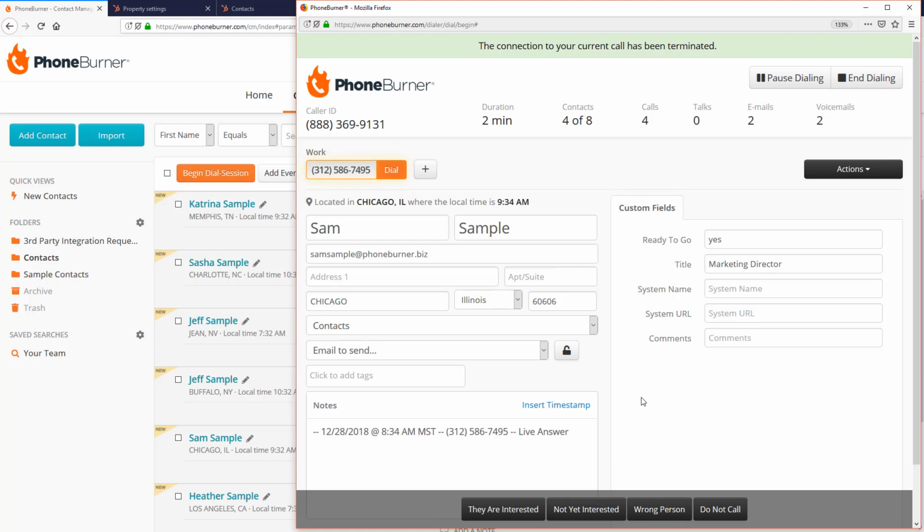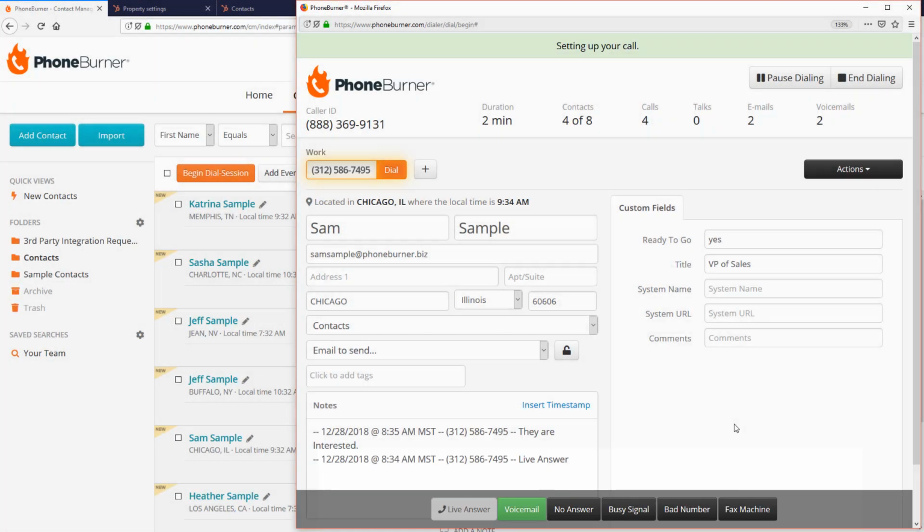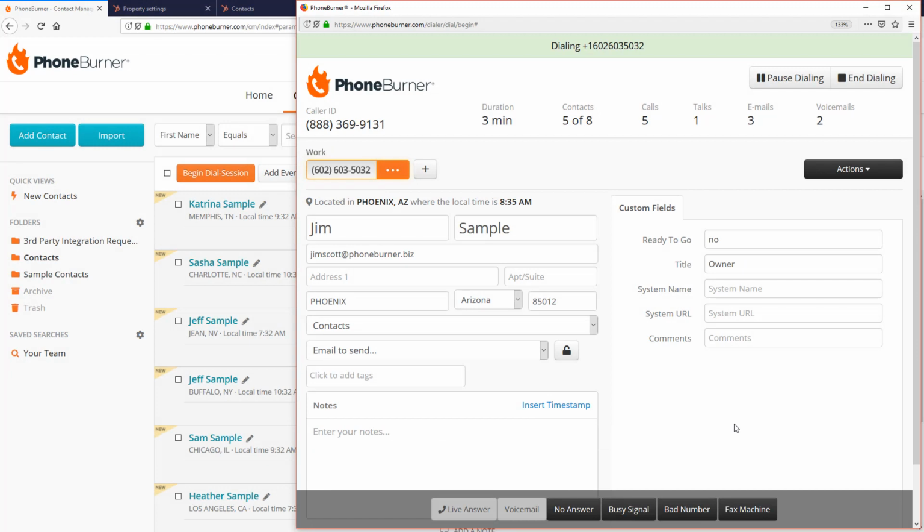Let's say as we're talking to Sam, we find out that he's no longer the marketing director. He's the VP of sales. So we go ahead and update the title there, and then we click on the disposition that makes the most sense for the outcome of the call. These are all completely customizable. I'm going to go ahead and mark him as interested, and that'll move us on to the next call. And we're just going to go from call to call, and when we're done making calls,